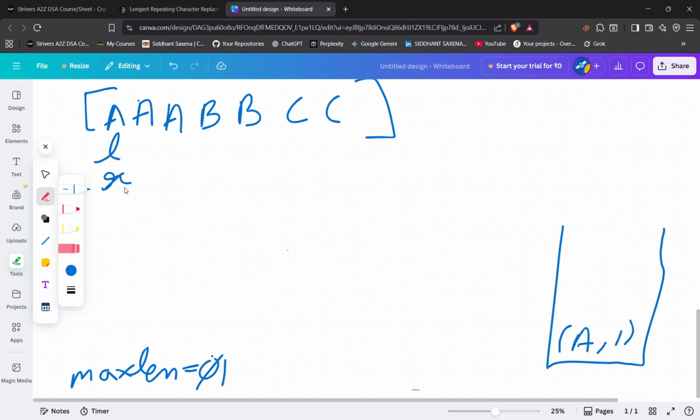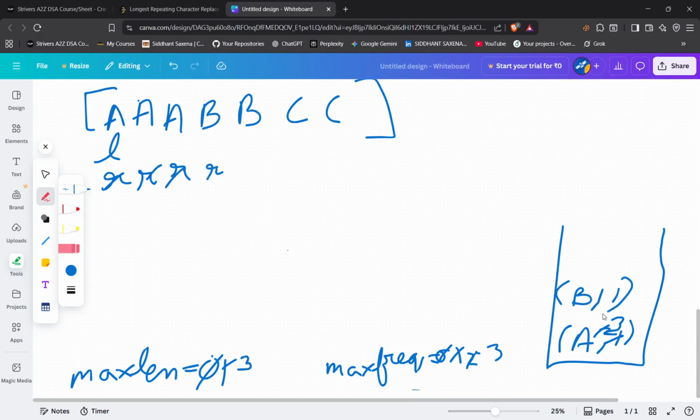Now we will move again. Also, we have to see the max frequency rule. Max frequency is initially 0, then it was 1. After the first index, when R increases, it becomes 2 as the map updates. Now here max frequency is 3. This is also 3. This is also 3. Now see here, maps got 1, max frequency is 3 only,